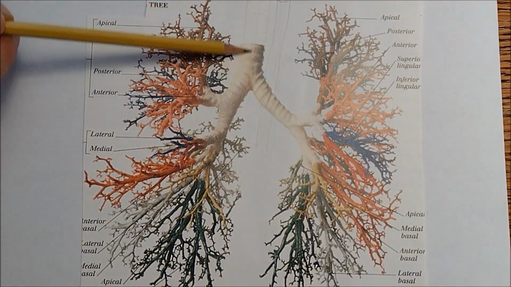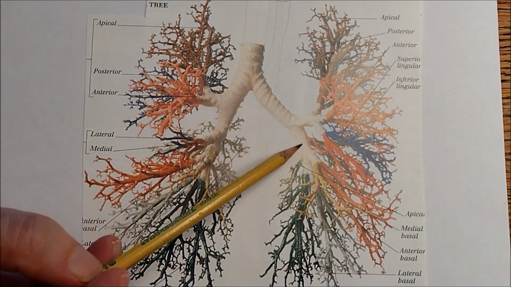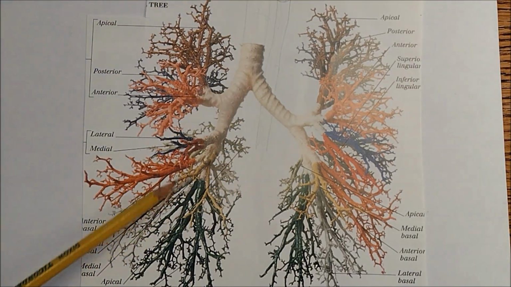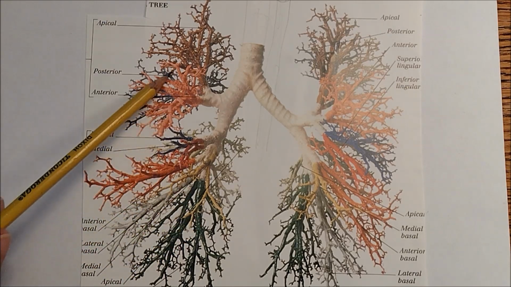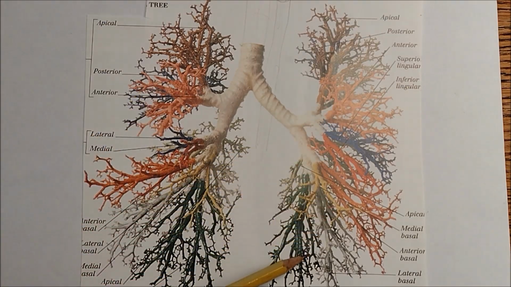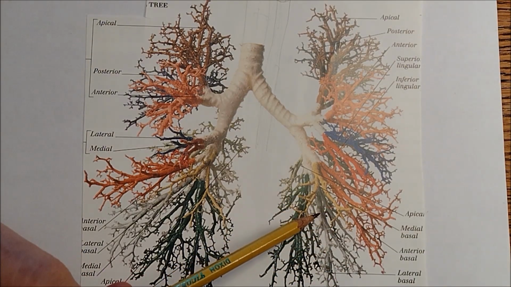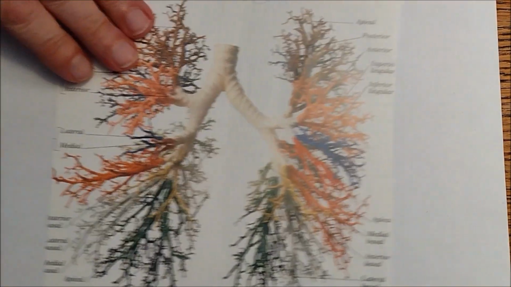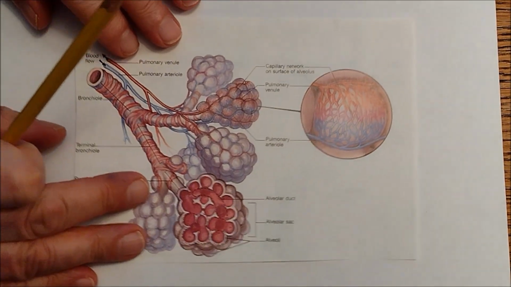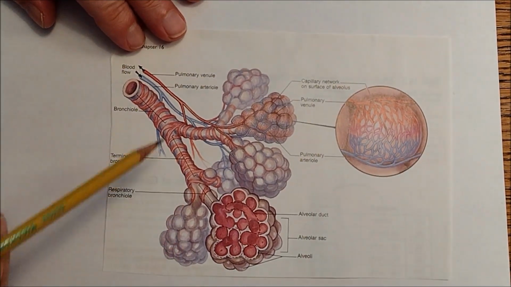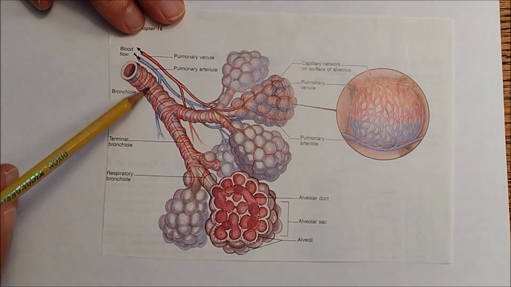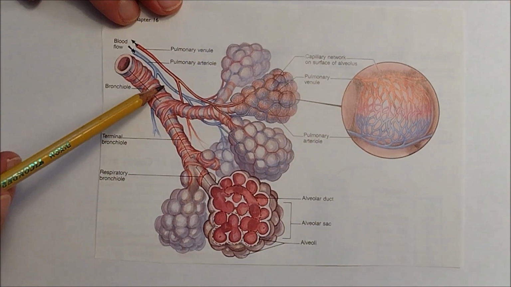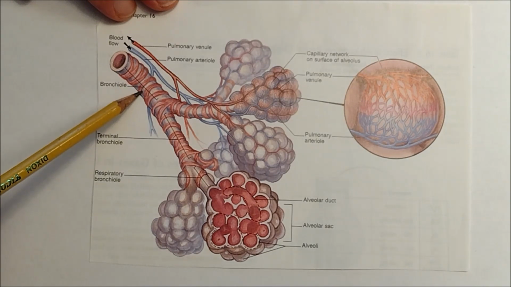As you can see, here's our trachea coming down, the left bronchus and the right bronchus, and then the lungs subdivide down into small tubes called bronchioles. And it's the bronchioles that are the problem in asthma. Let's take another look here. As we follow one of the bronchioles down in the lungs, here's a bronchiole right here. It's only 1 millimeter across, as you recall.